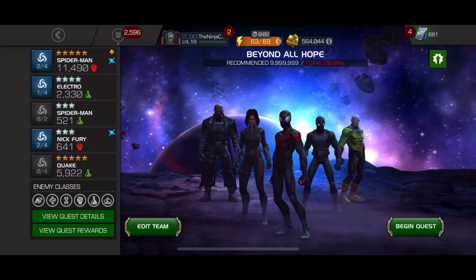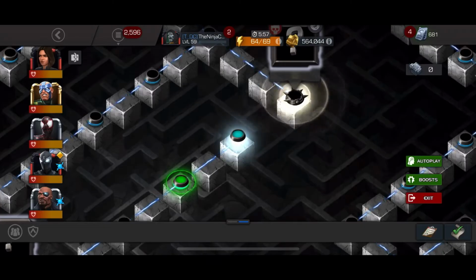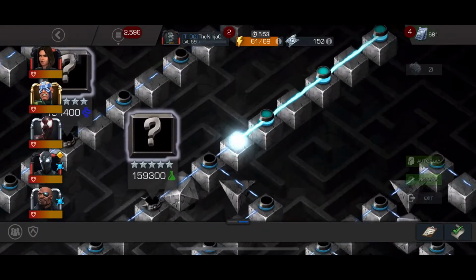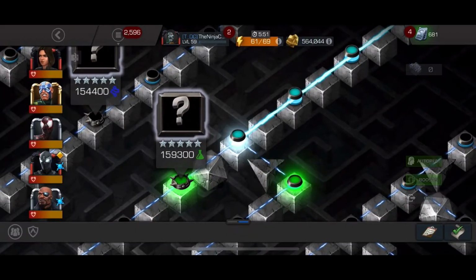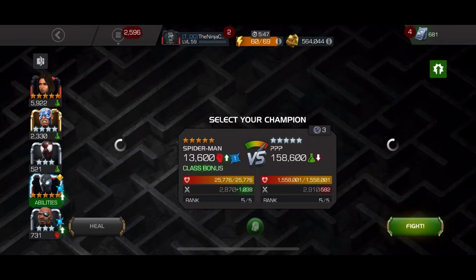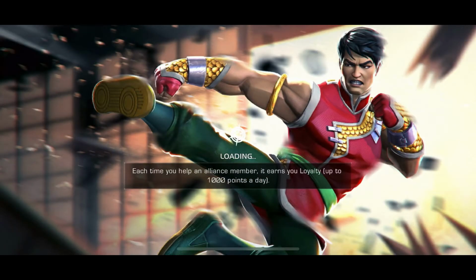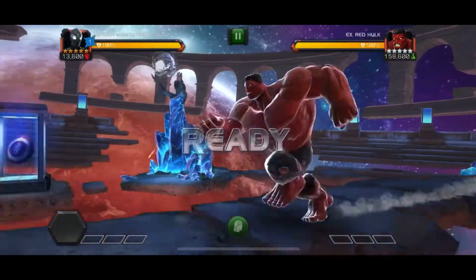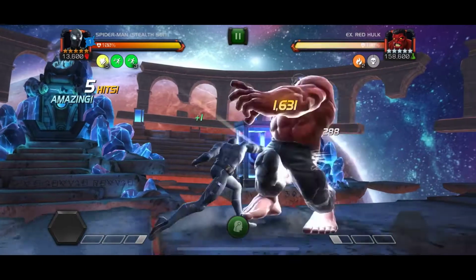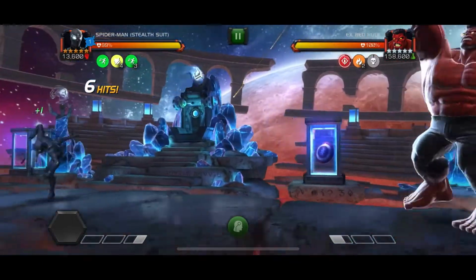I will explain all the synergies and why we're throwing them in a minute, but we're going to be doing 2 Labyrinth of Legends fights today, and then that's it. We're going to be going up against Red Hulk, and then Old Man Logan right after him. So I'm going to walk you through this fight. I get the parry at the beginning, and I throw off a medium, light, and as you can see, I